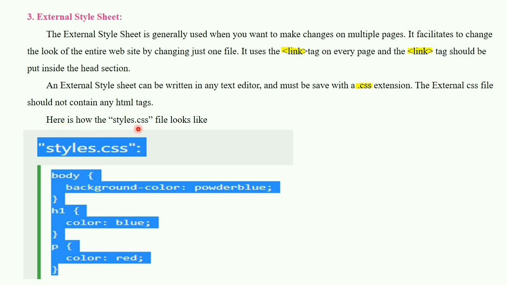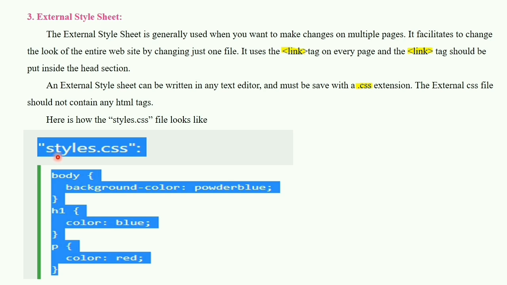Here you can see the style.css file. Okay. For giving the external effect on the web page elements, we have to create one CSS file. So see how it looks.